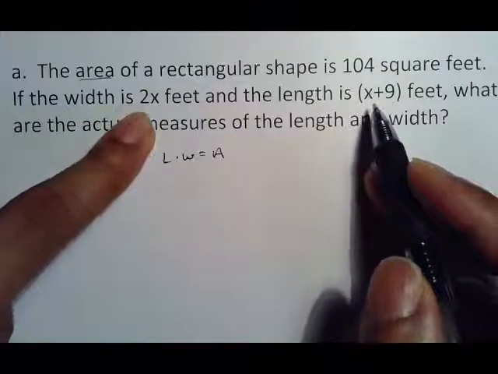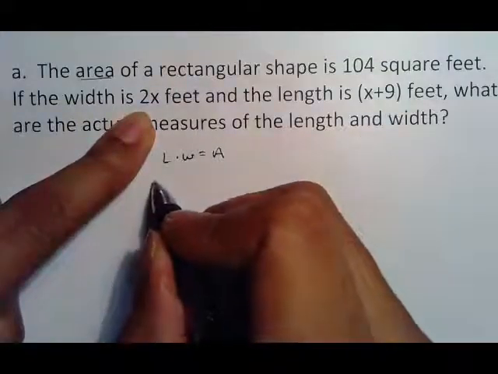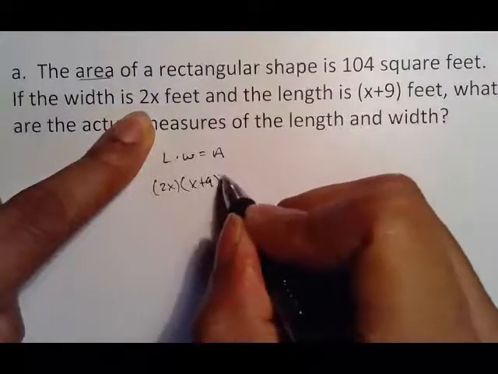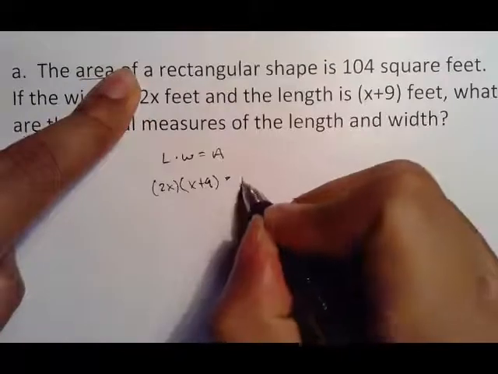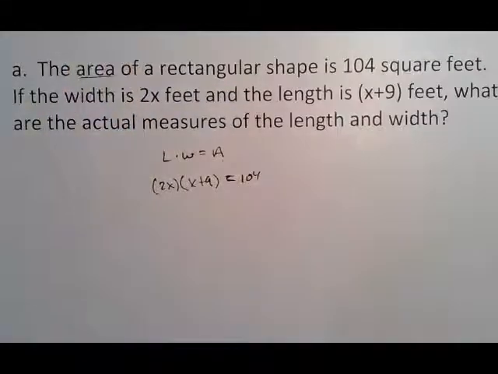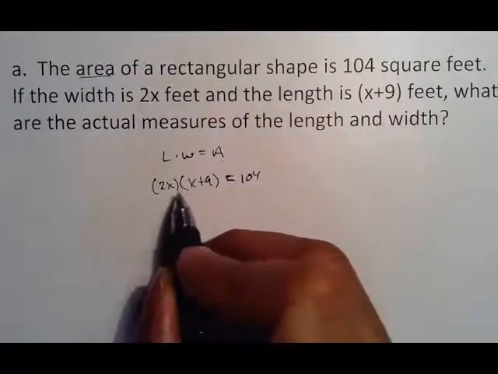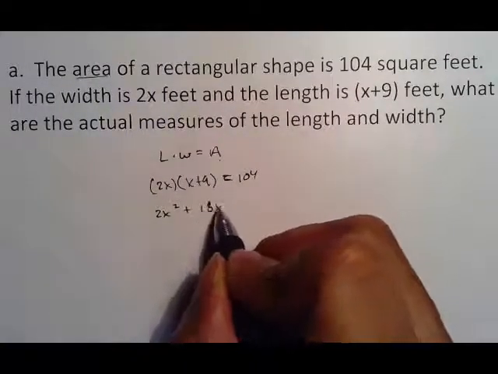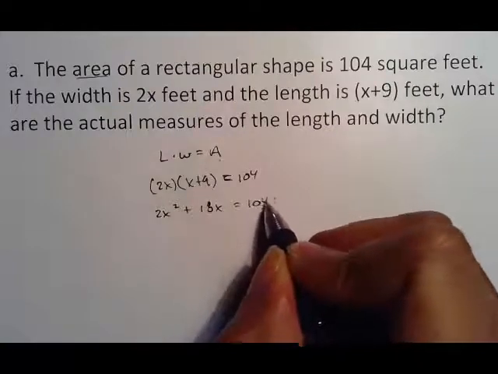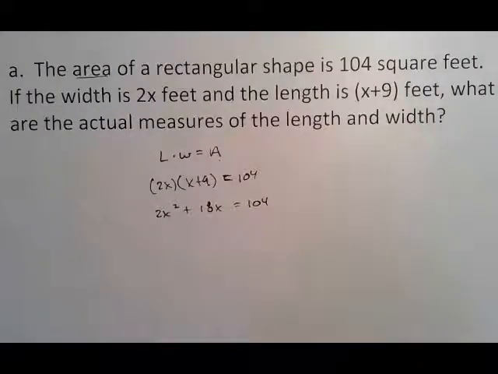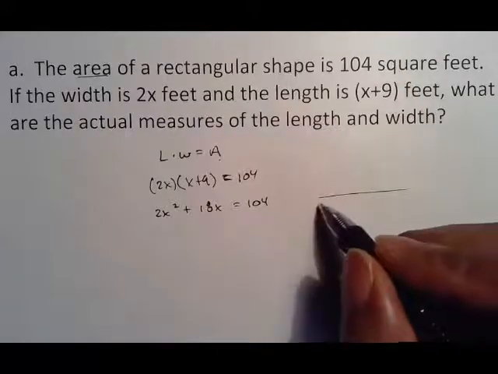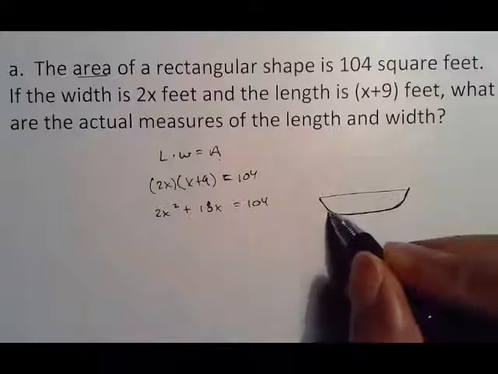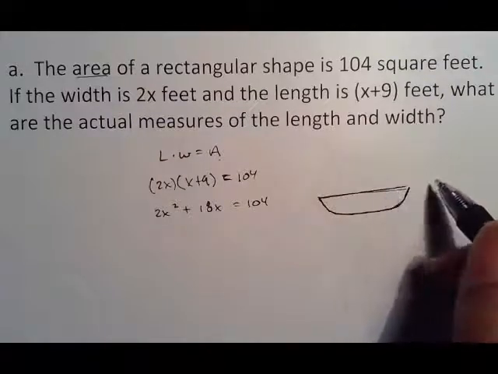And so I'm going to put it in a way that is more understandable, which is 2x times x plus 9 equals, and they told me that the area is 104. That then puts me in a position to distribute, getting 2x squared plus 18x equals 104. And the way I like to describe it, when we come back after break and you've practiced your factoring and we start solving by factoring, and actually you'll see it tomorrow when we solve by algebra,